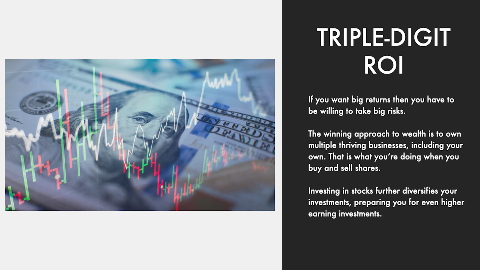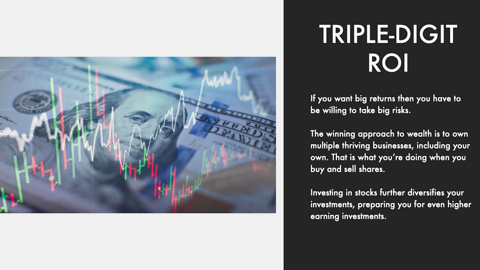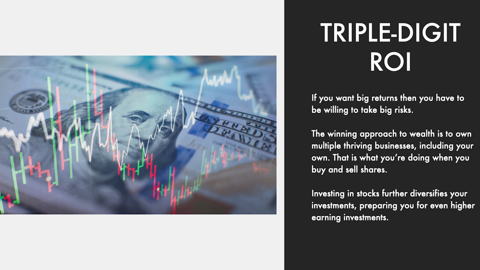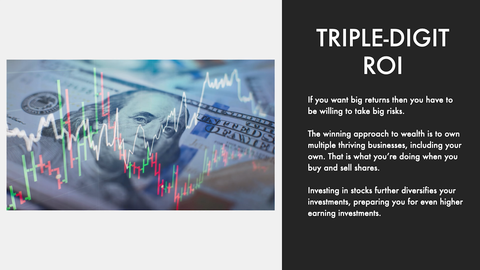That's crazy ROI when you think about it. If you want bigger returns, then you got to take some of your money and you have to take some bigger risks and get your money growing at what's called triple digit ROI. Now think of what triple means. 1% is single digit, 10% is the beginning of double digit, 100% ROI. That's the beginning of triple digit, and 100% means doubling your money. Imagine doubling your money in a year. If you want big returns, you got to take big risks.